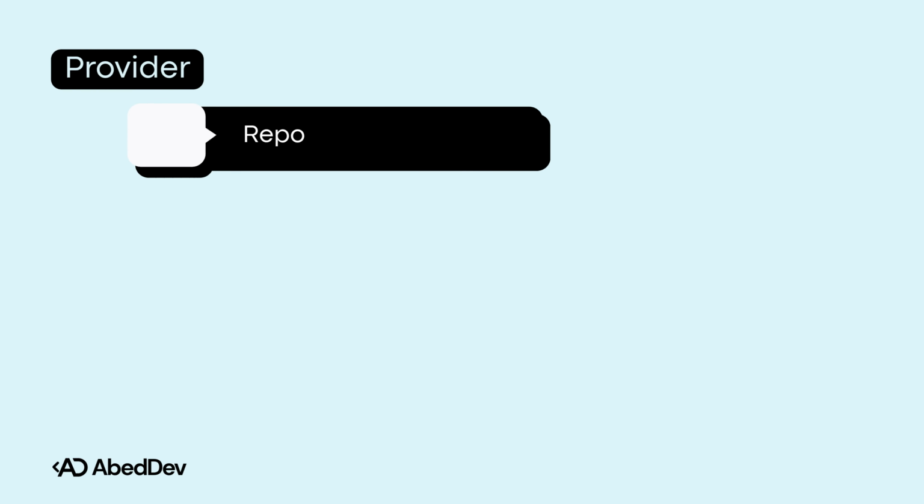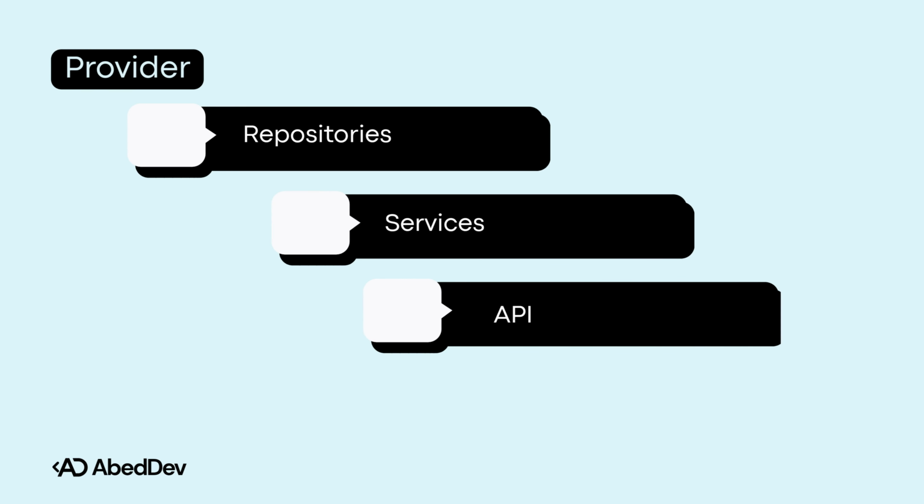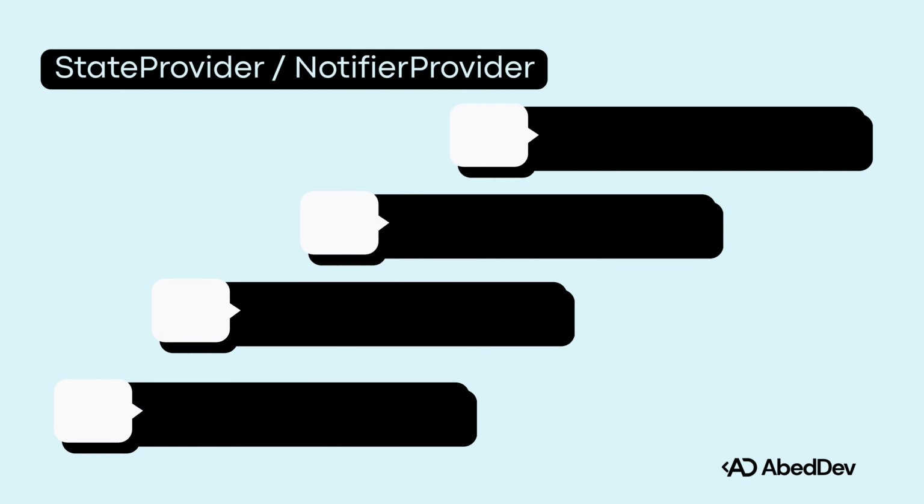Remember, use Provider for repositories, services, APIs, and immutable dependencies, and use StateProvider or NotifierProvider for UI state, counters,